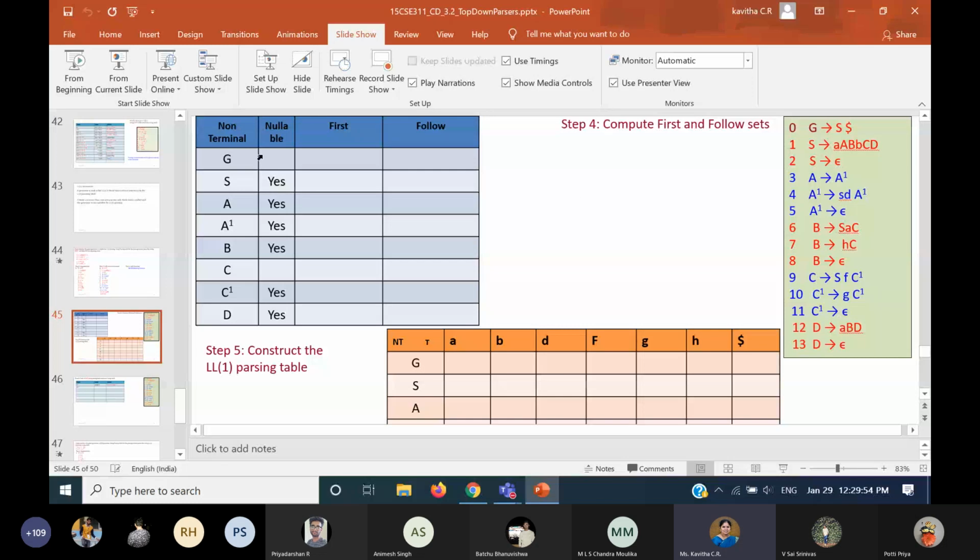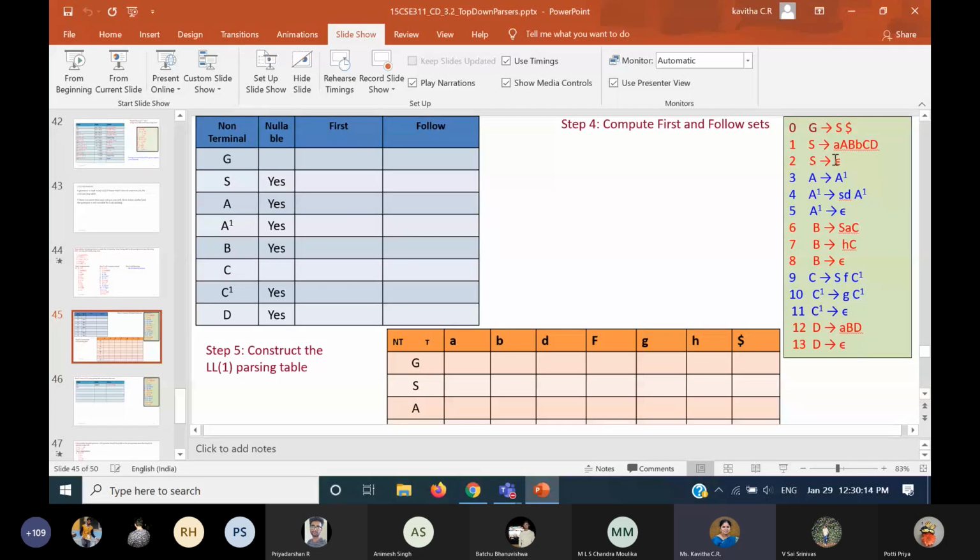Okay. Now anyway we have augmented. So G is the non-terminal. First we will list out all the symbols that are nullable because you should never forget epsilon. That is going to be very dangerous. So first handle that. That's why I introduced one column here. So whichever is nullable directly or indirectly, whatever you have to list out.